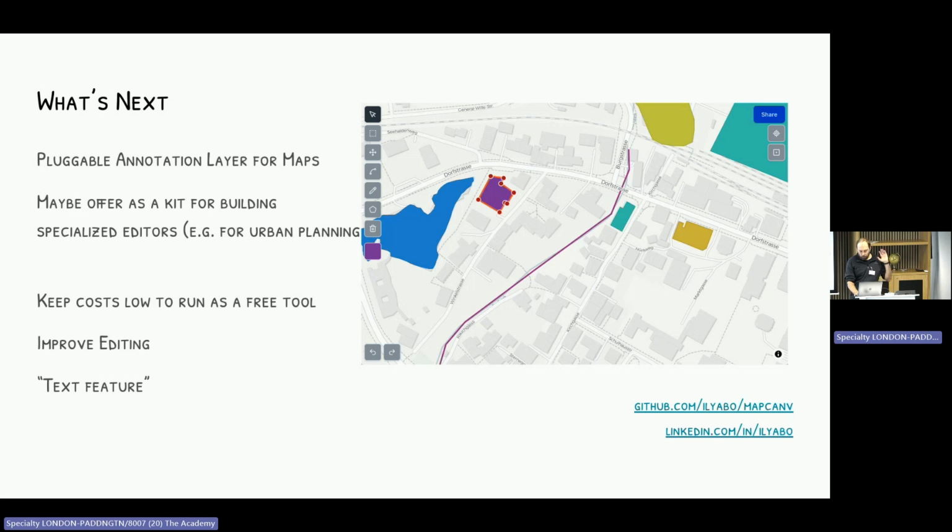Yeah, so improve editing, the text feature. That's why I was asking about text. I want to add text annotation, file upload and export, and comments. I could show some code briefly, but I don't know about time. Okay, but you can go ahead and check the repo. The code is pretty readable. But yeah, thank you. Reach out to me if you